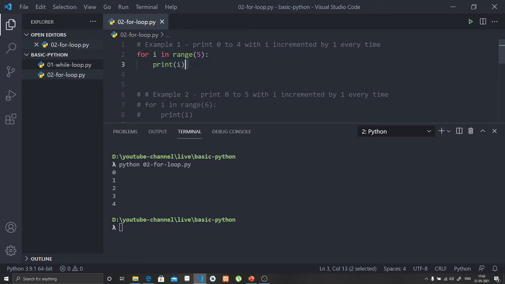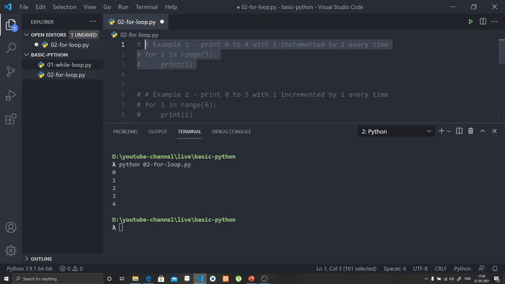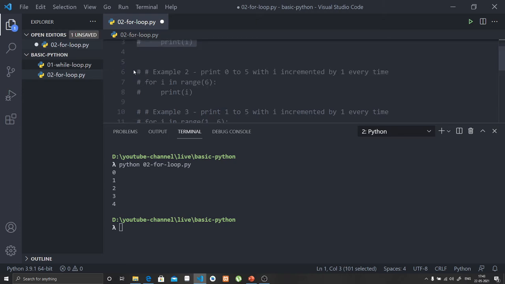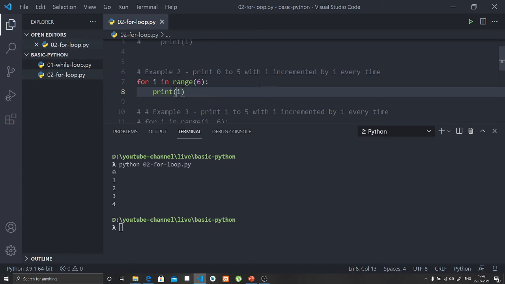Now we will comment this out and see the second example. The second example will print from 0 to 5. That's why we have passed 6 here. As I have shown you in the presentation, if you want to print 0 to 5, you have to pass 6.